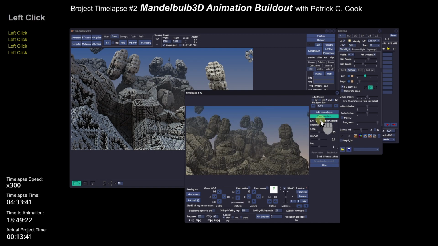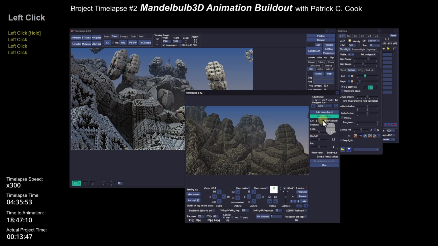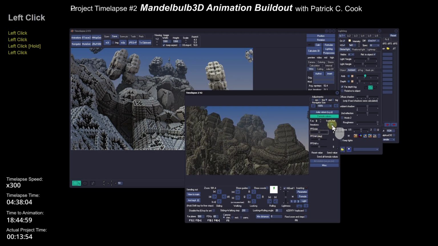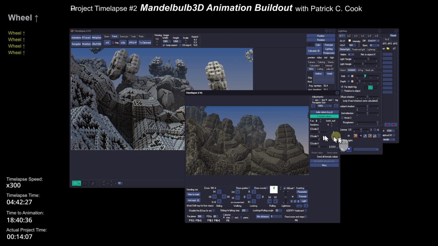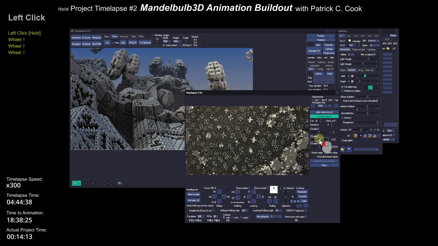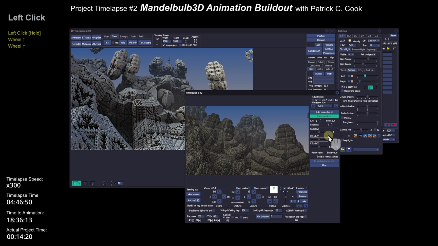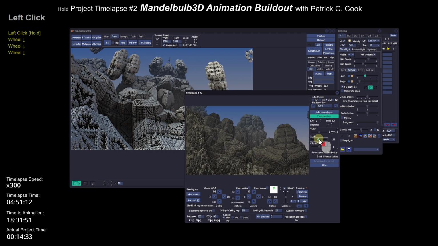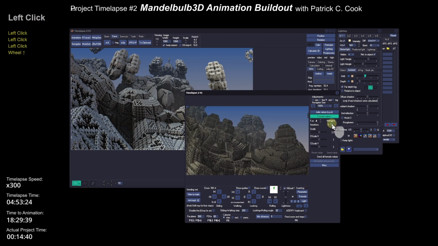So I'm looking for a variety of shapes in my Mandelbulb scene or object, and I'm experimenting with the properties of the various formulas. I'm changing the scale a lot because I'm more interested in